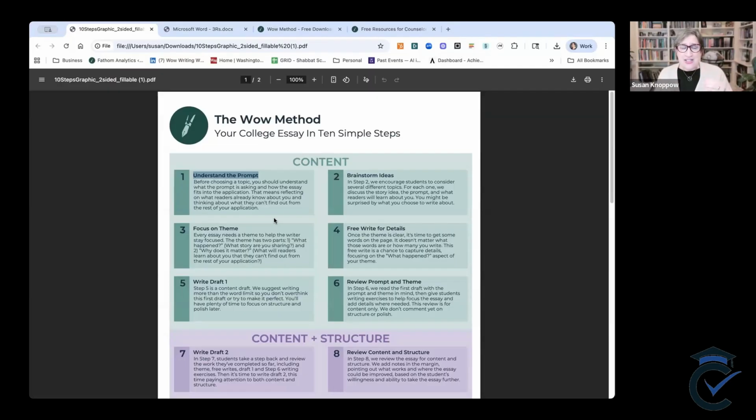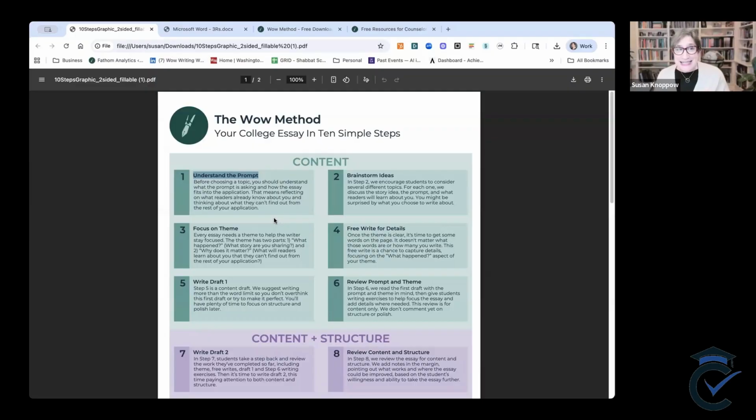So I'm going to start with an explanation, a little bit of a lesson. Ours is a video and a web page. And then I'm going to have a writing exercise. Every one of these steps has a writing exercise that goes with it. I'm going to have a writing exercise to check for understanding. Do they get it? I'm not going to take you through every single step, but I want to give you an idea of how thorough we are.